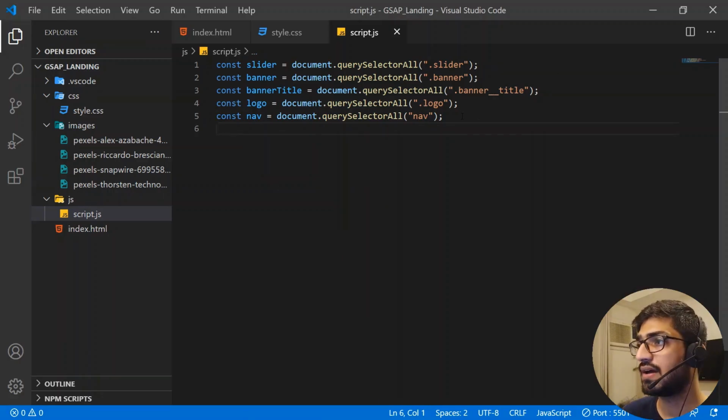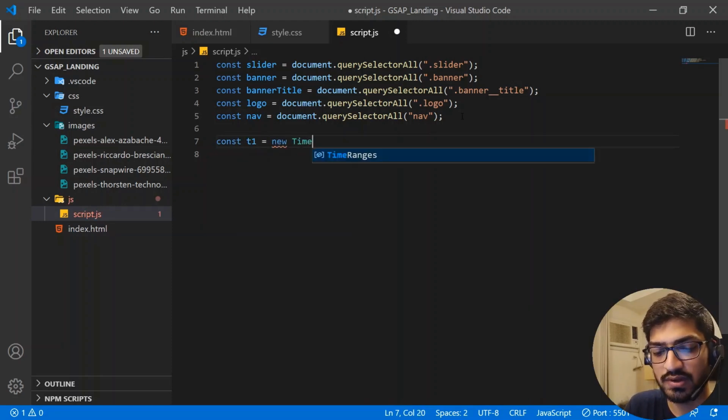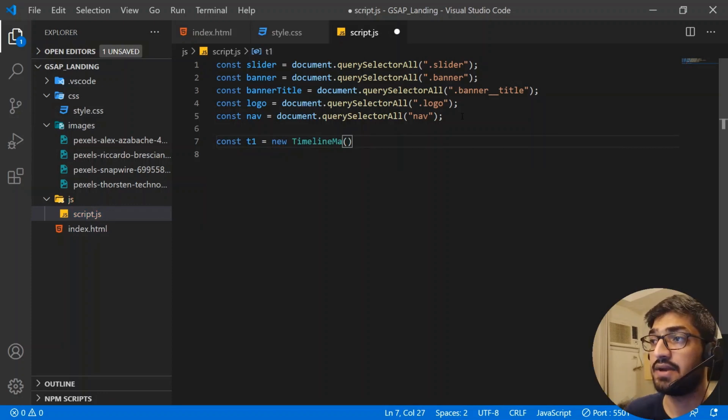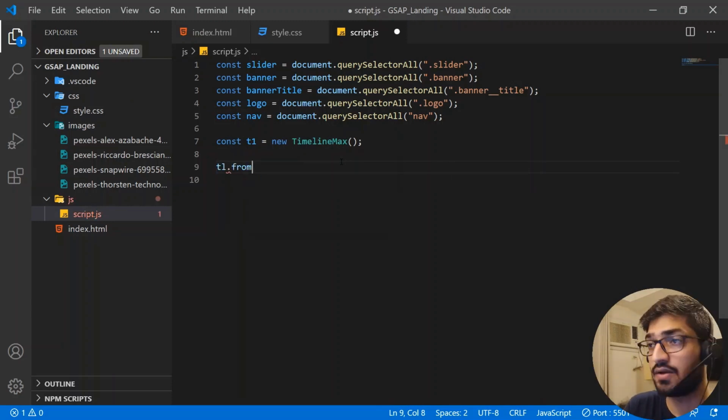So what we are going to do is first create the TimelineMax. So to create the TimelineMax, we just create a constant tl that equals new TimelineMax, and make sure you use the small l and not the capital L. I have made mistakes a lot of times. So the first one, we are going to do with the banner. So for the banner, tl.fromTo,